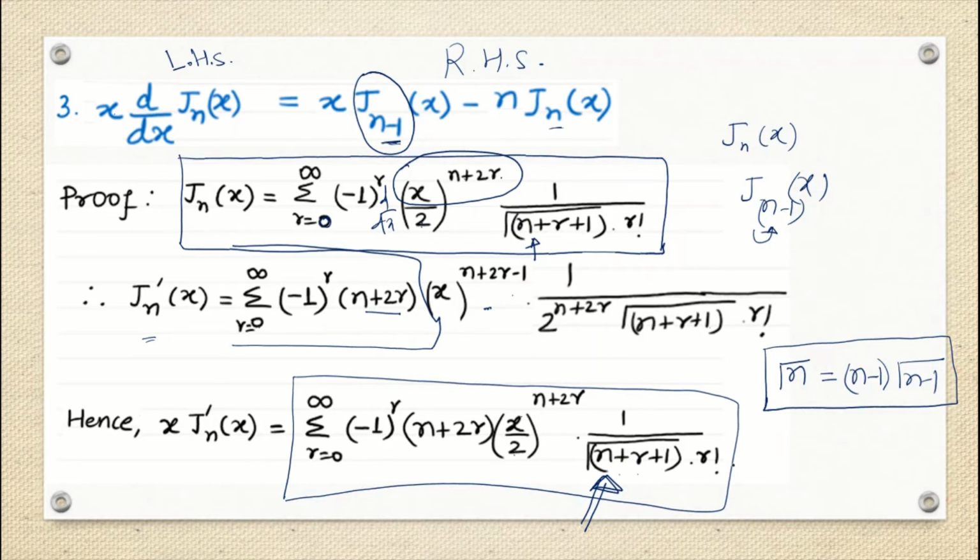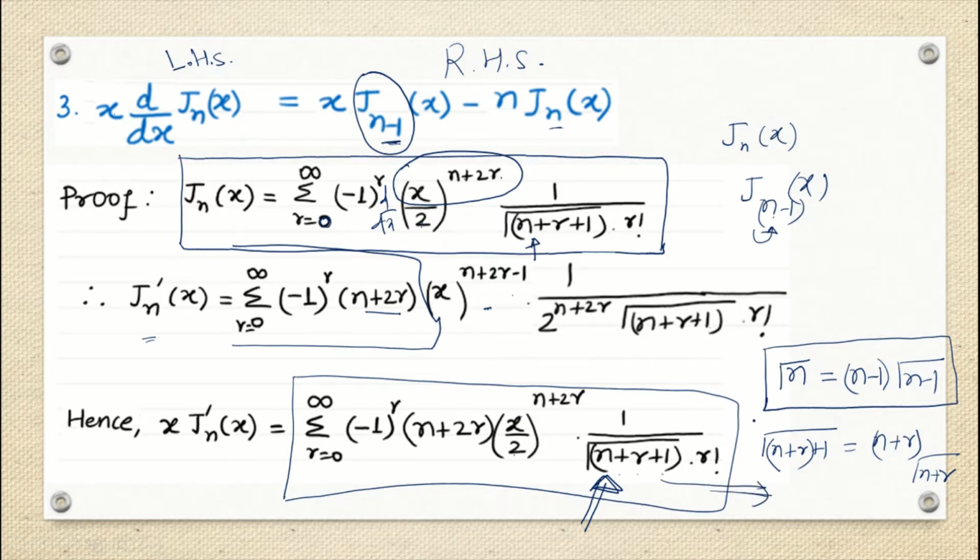So how will we write it? If I am looking at this formula, I can say that gamma n plus r plus 1 can be written in terms of one previous term. But what is the previous term? The just previous term is what? n plus r into gamma n plus r. Correct? So as per this formula, we can write it. So if I have to go to the previous order of Bessel function, always do this arrangement first. This is the trick. Always follow this one.